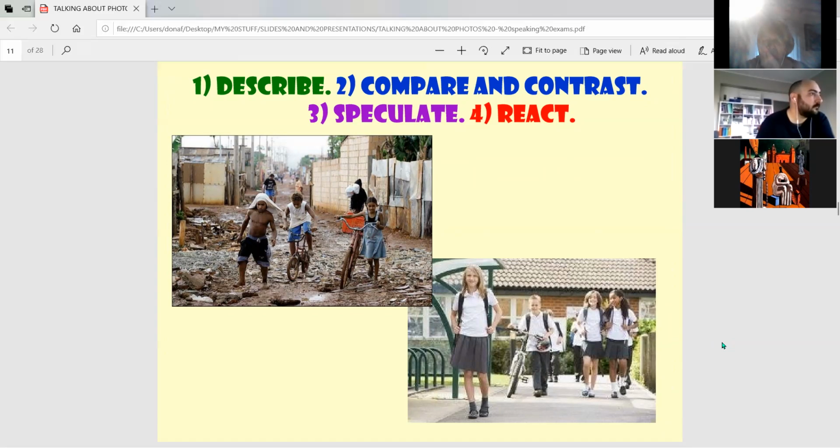But I think that in the left one they have bicycles which are too big for them because probably they don't have enough money to buy the right bicycle, but in the right one this kid has the right bicycle for him. Good. And the picture on the left kind of makes me sad because there are people that can have